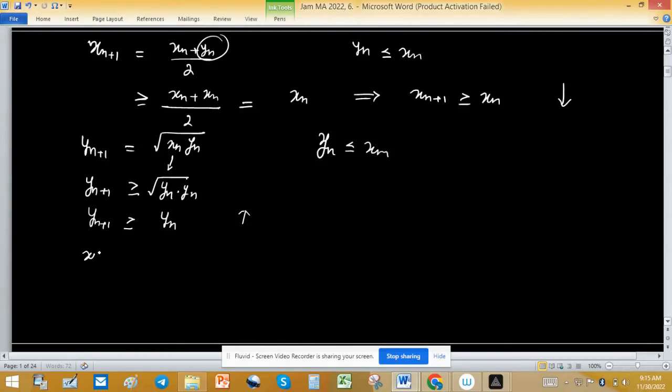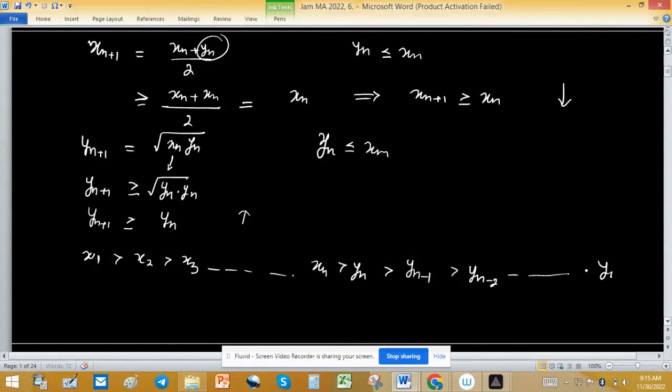So xn is decreasing. That's why x1 is greater than x2, greater than x3, and so on. And xn is greater than yn. This is greater than yn minus 1. This is greater than yn minus 2, and so on, down to y1. From the question as given,